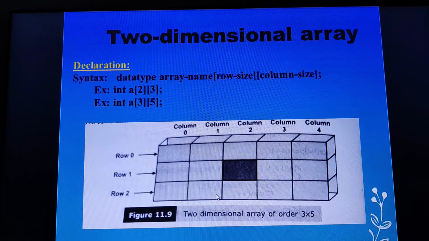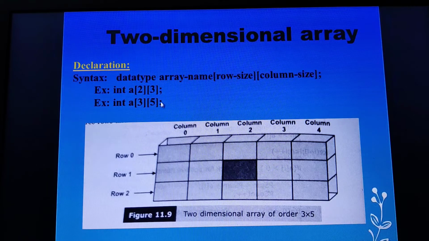Therefore, rows are represented with M and columns are represented with N. The order of a two-dimensional array is M into N, where M represents the row size and N represents the column size.